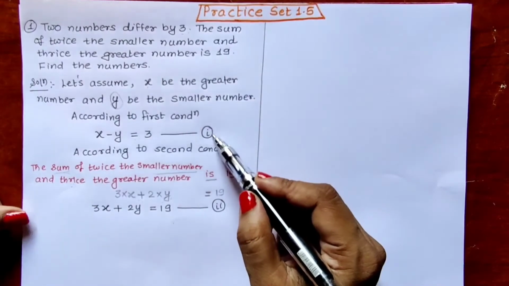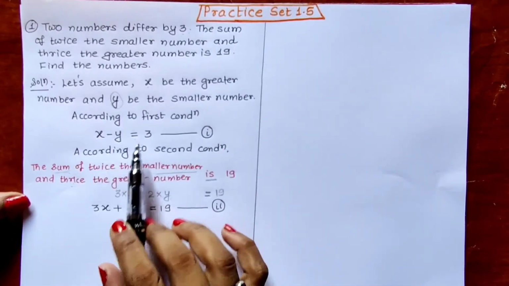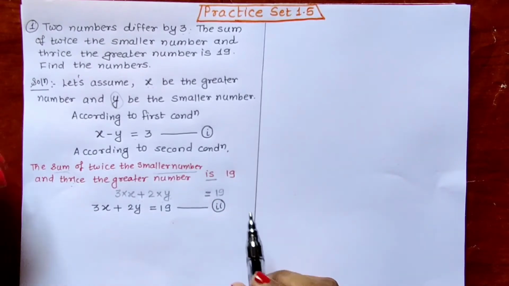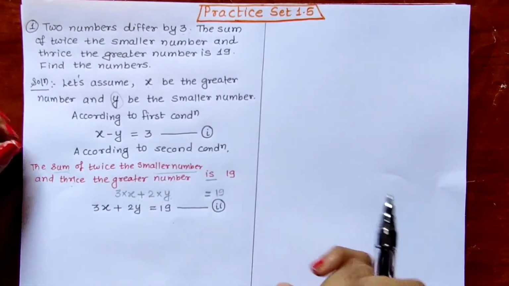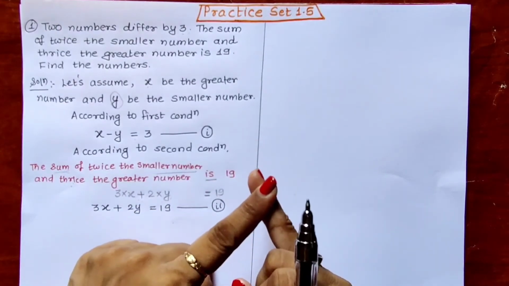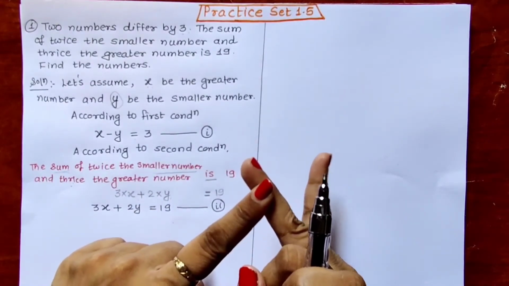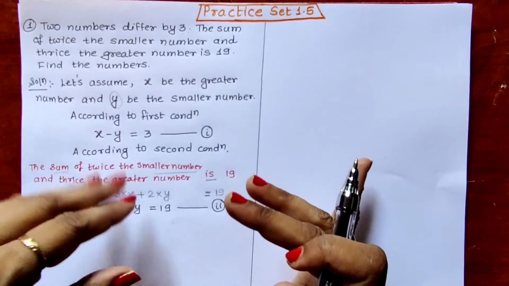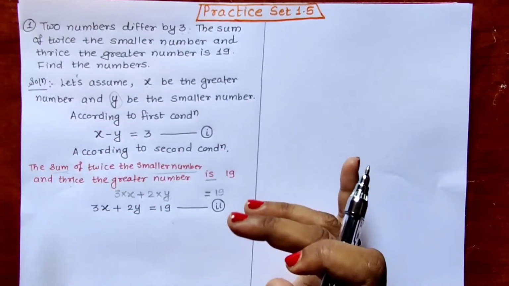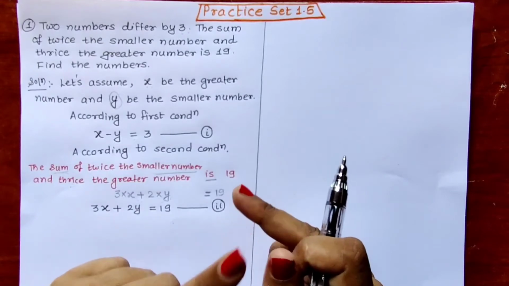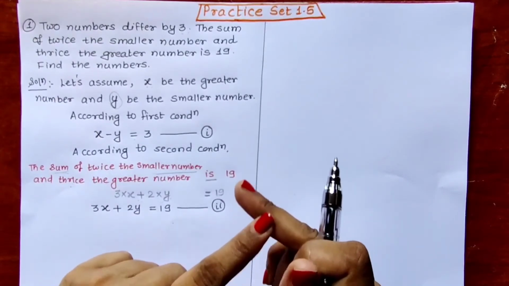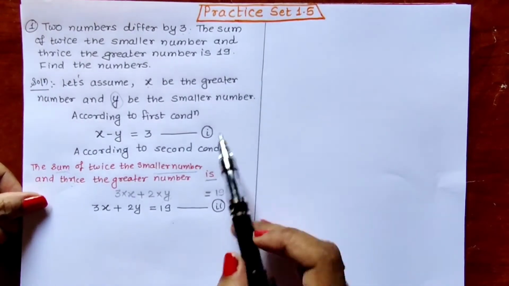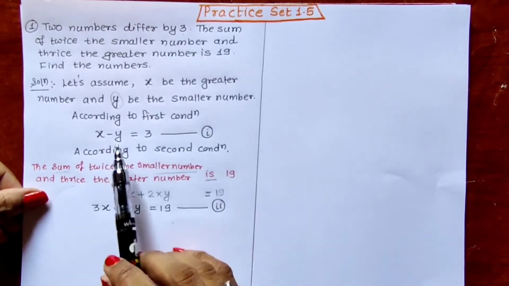Now as we have got equations 1 and 2, we can see that these are two linear equations in two variables. That means these are simultaneous equations. Now these simultaneous equations you can solve either by elimination, by equating coefficients, or by the graphical method, or by the determinant method, that is Cramer's rule. Most of the time these equations are solved by the elimination method, so I will show you the elimination method. You can solve by any one method, whichever you find convenient and easy. I am solving by the elimination method. As you can see in equations 1 and 2, the coefficients are not the same.